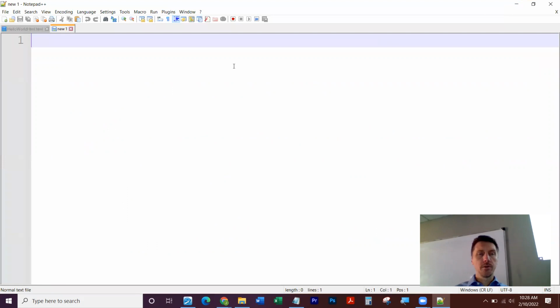And so here's what we're going to do to start with. Notepad++ is just an enhanced version of Notepad, right? I mean, it works similar to Notepad. It's not a Microsoft product, but it basically is like Notepad in that you're just writing text. There's no kind of graphical aspect of this. There's no